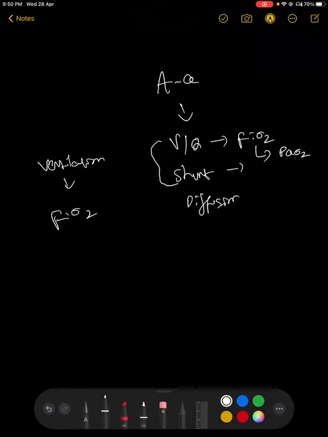Between these processes, to identify a diffusion defect, mostly we have to go by clinical history and most of the time the